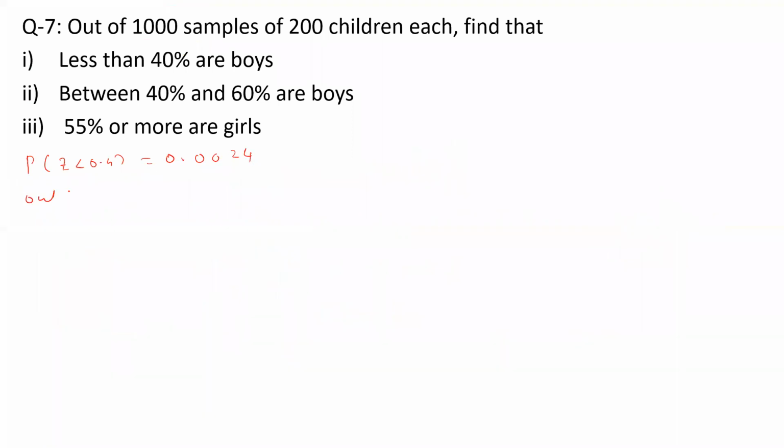So out of 1000 sample, the number of boys, not number of boys, the percentage of boys, which is 40%, implies 1000 into 0.0024,